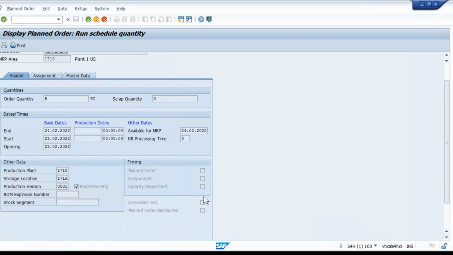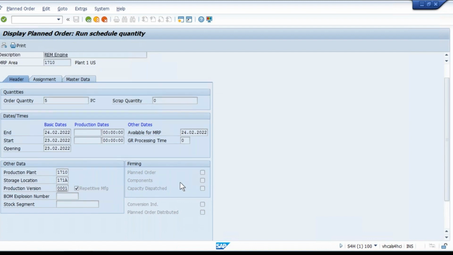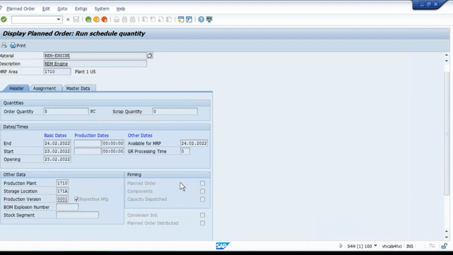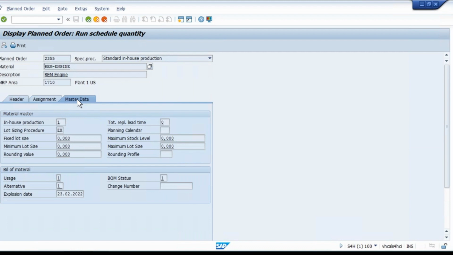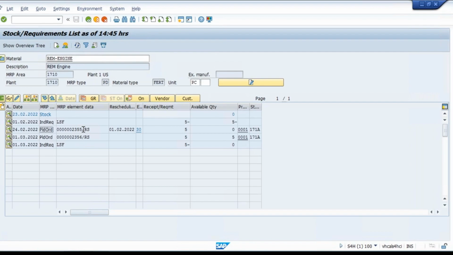Other thing is you don't maintain the work scheduling view, which is required for conversion, because you have a production scheduling profile, you have a production scheduler, right? Those things are not available with the material master of repetitive manufacturing. So these are the few differences that you should be aware of between discrete, between process, and between repetitive manufacturing. Now we have to copy